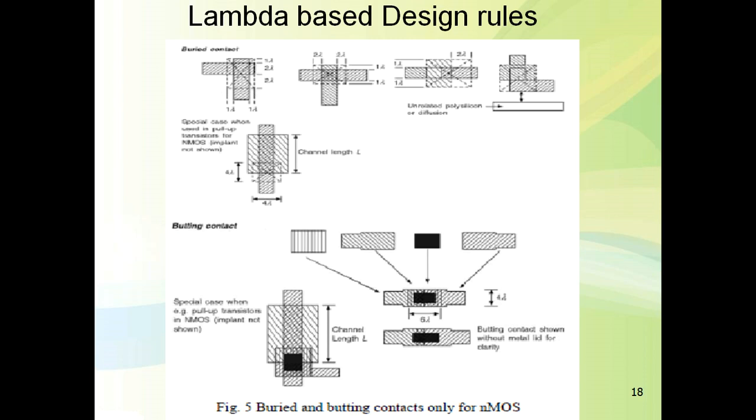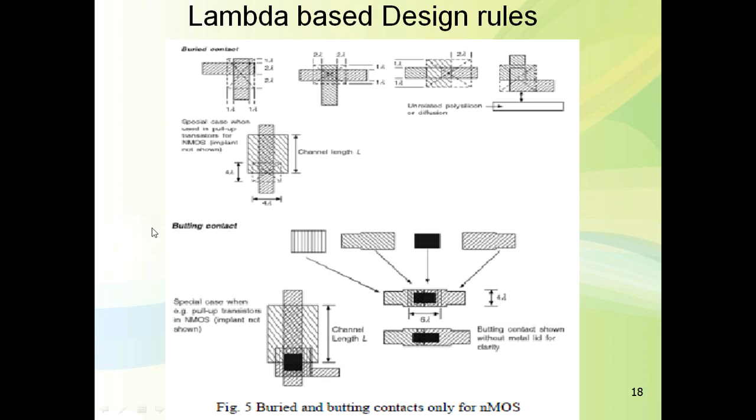In the region above which the thin oxide layer is removed, when the impurities are added, they diffuse into the poly and also the diffusion. Within it there will be the contact area. It provides satisfactory contact between the poly and diffusion. Okay, so this is about the buried contact.